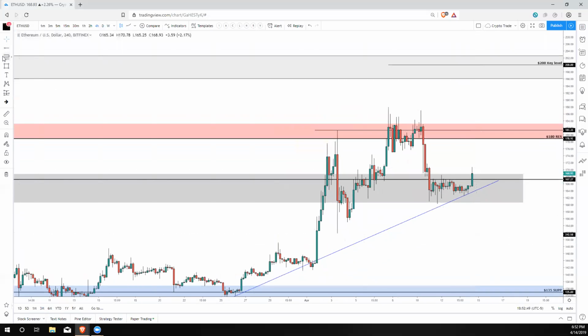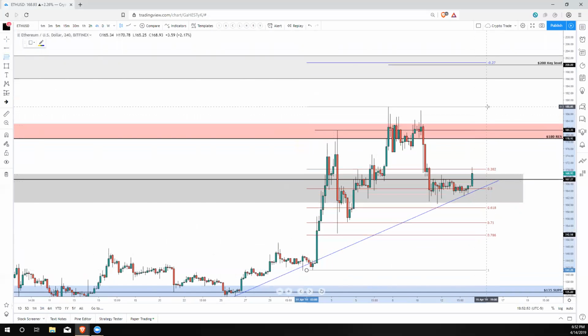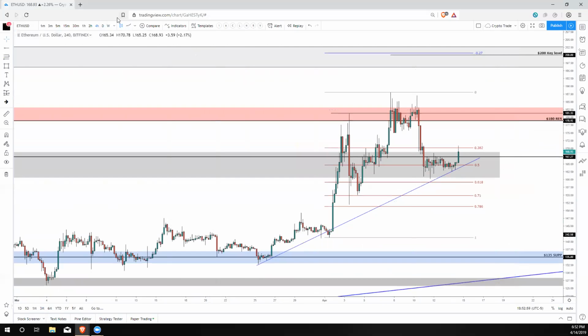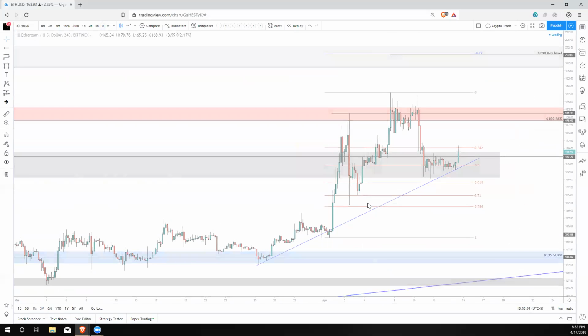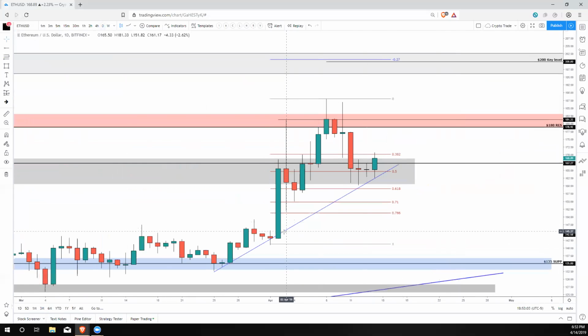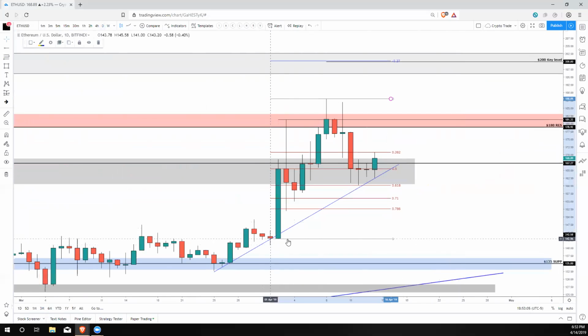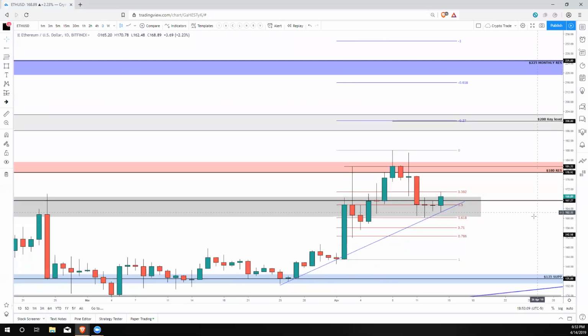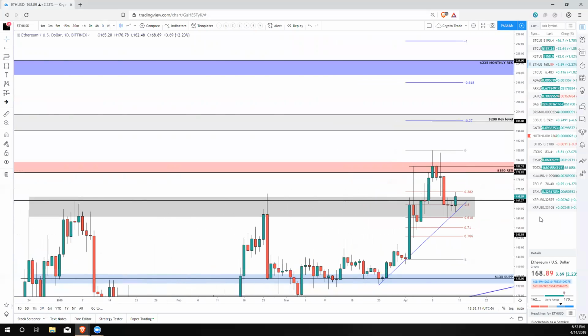So now if we were to pull up a fib line for the upside targets, we can do something like this. How does that look? Let's pull into the daily. Usually I like to do that. Yeah, I think I like that a little bit better. I like that better. It does align with our